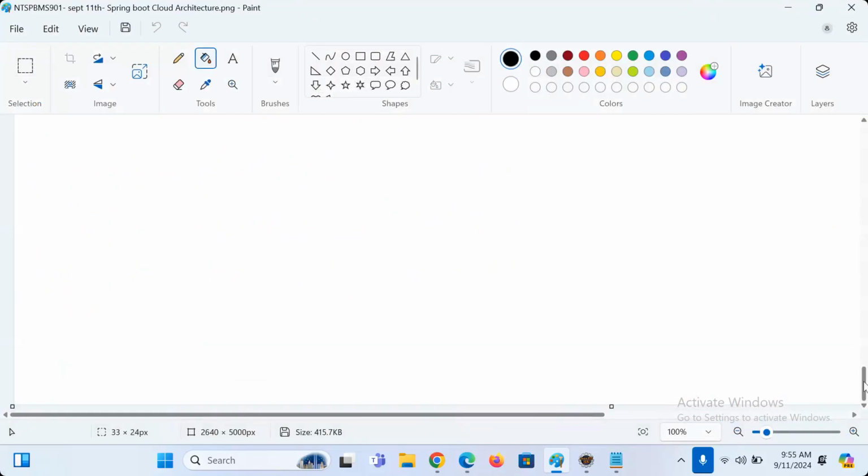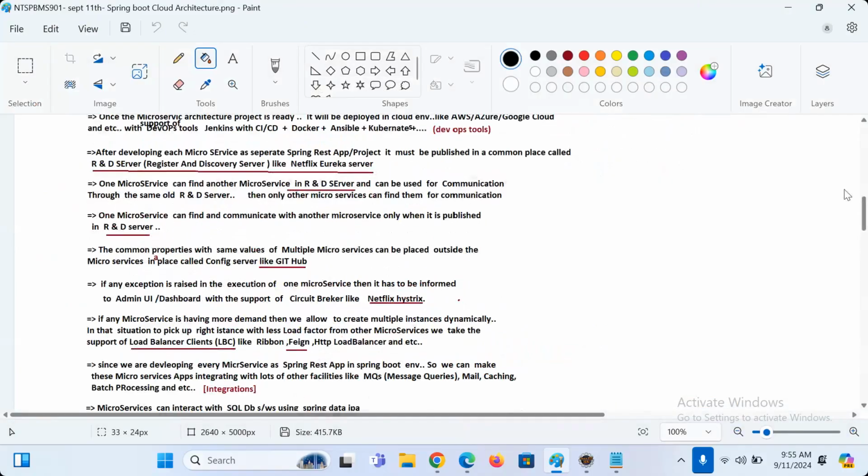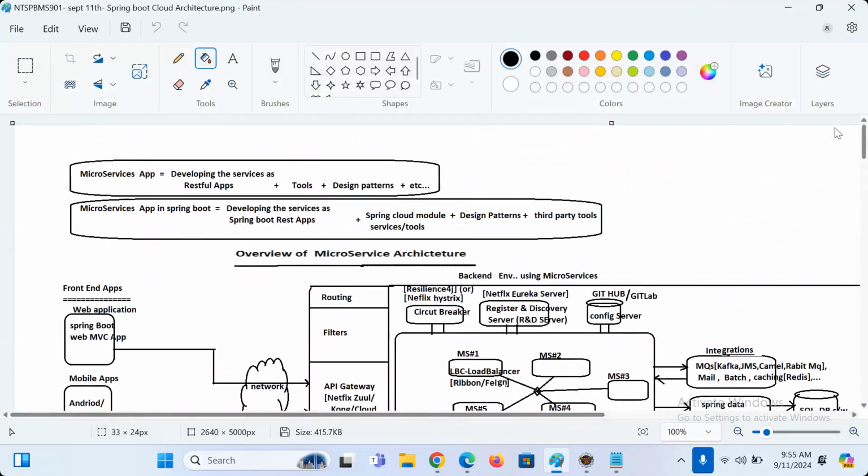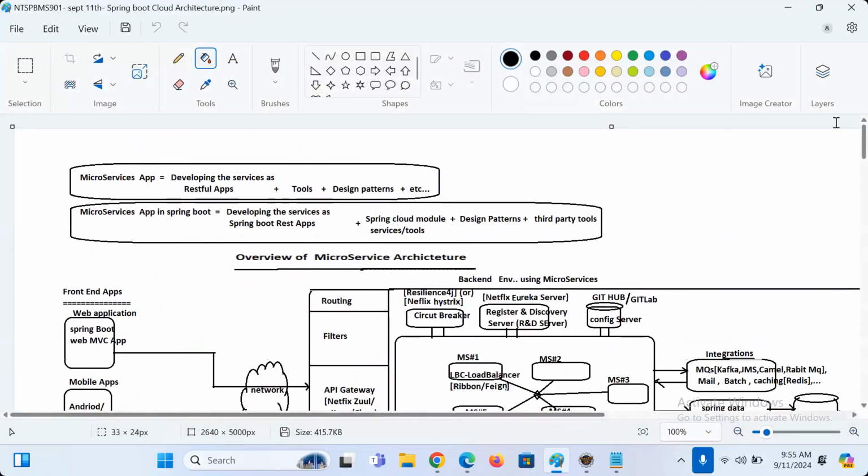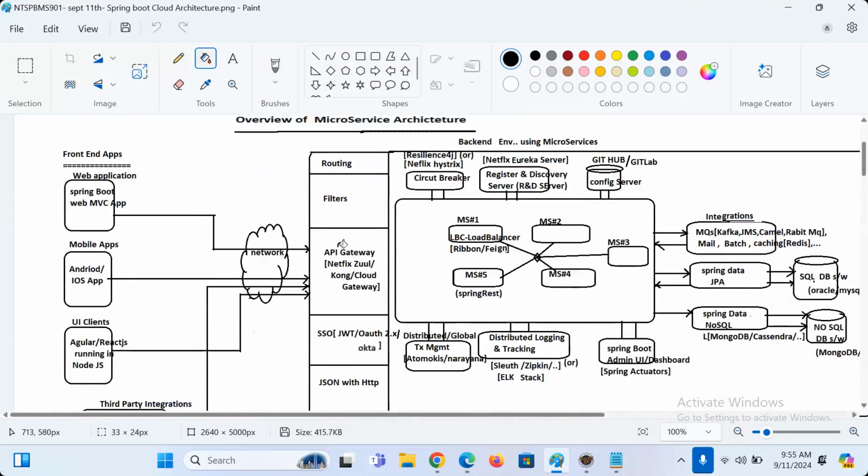Today I'm going to give the overview diagram of microservice architecture based project development or application development. This is the overview diagram. First of all, try to understand what is there in that. Multiple microservices are there now, boss.